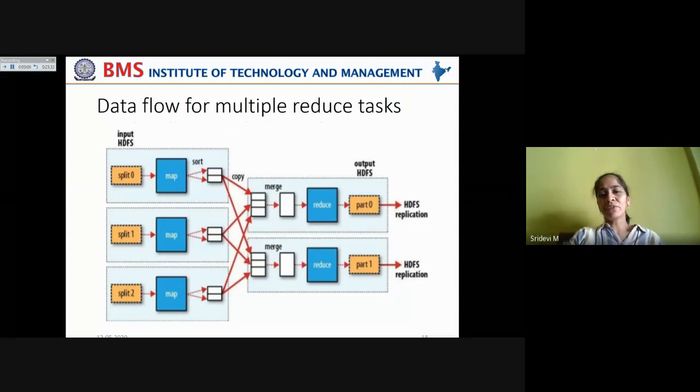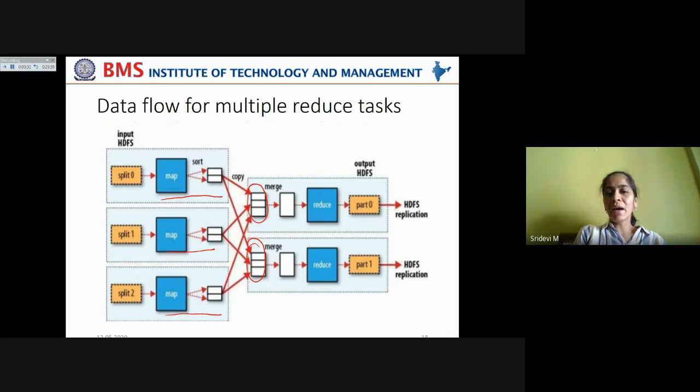In the previous case we had only one reduce task, but if you have multiple reduce tasks for this MapReduce job, the map outputs are sorted, and while sorting, different partitions are created and copied onto various intermediate components, where they are merged together.